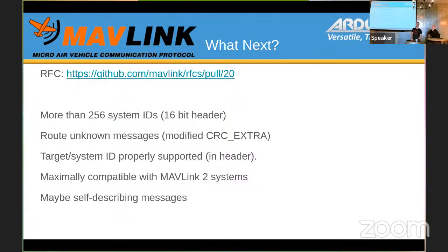You can't use 0 for a system ID because that's the broadcast. There's another problem: if you've got a router sitting in the middle of a system at the moment, it can't forward a message it doesn't know about. So if you've got a routing component, it has to be updated as you update your messages. Otherwise, it will just strip the message out of the stream.